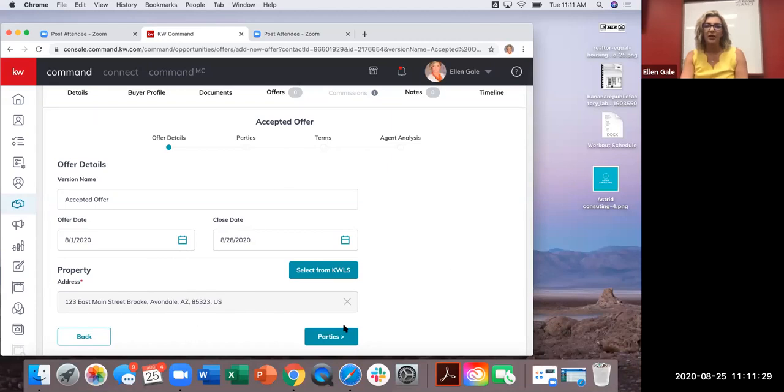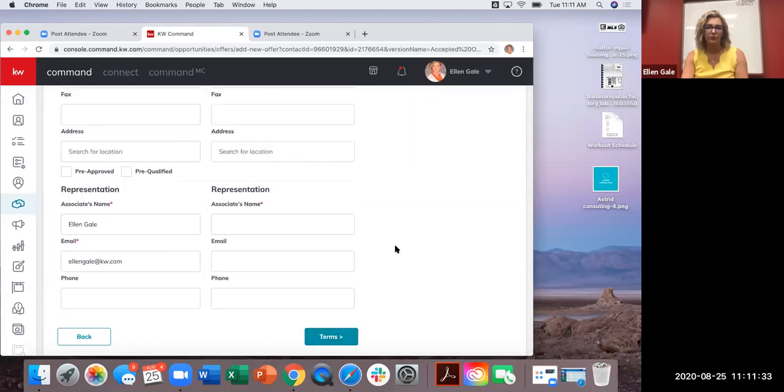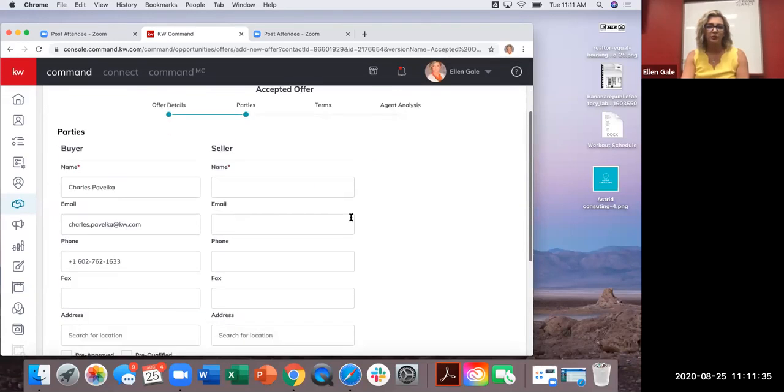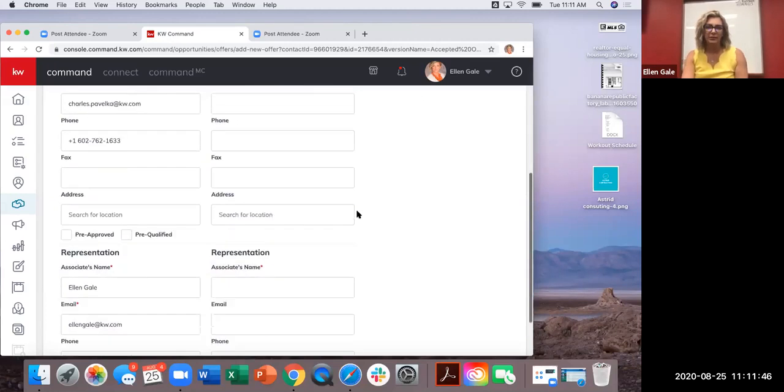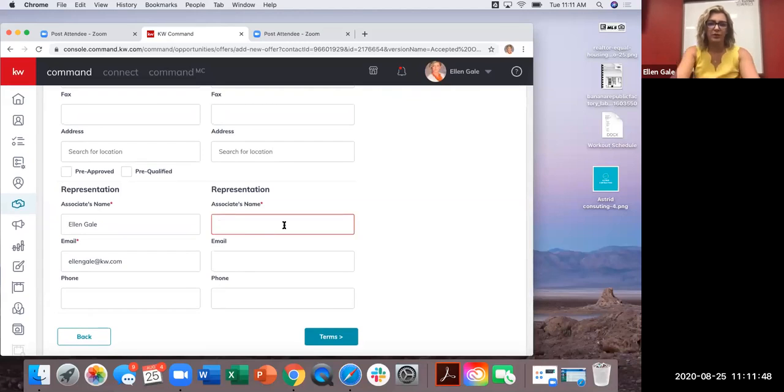So the next, you're going to click parties, which is this little teal button down at the bottom. And this is where the other parties' names go. So this is our client, the buyer. We're just going to say this is Mrs. Seller. And who is representing this person? We're going to say that it is,